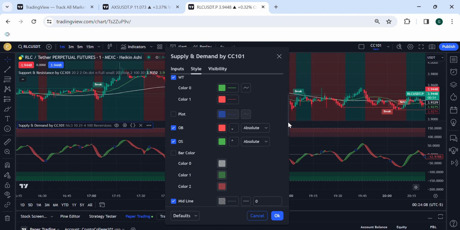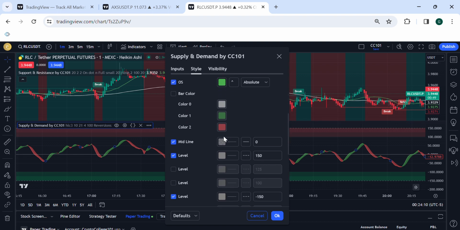Now here's something that I want you to do: go on, make sure your midline is checked. Midline is this line in the middle here, right? We need that. And the second thing is the first level, which shows 150, make sure that is checked. You don't need to check these two. And then the fourth one, negative 150, make sure that is checked. It will just give you that dotted line,